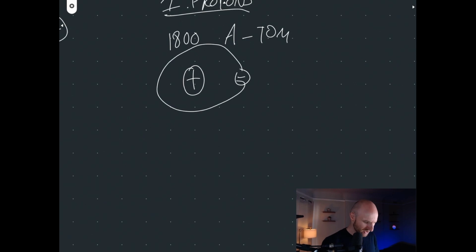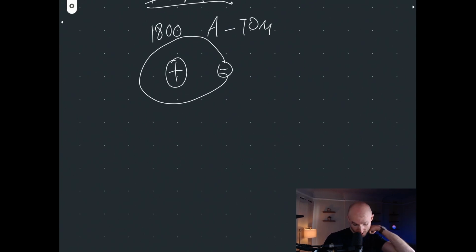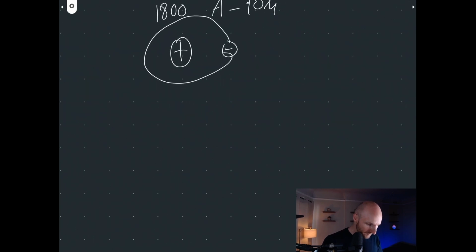But then over time, especially in the 1900s, and I think this may have been even after World War II, I don't remember the exact timeline, we said, oh, actually these protons, when you shove them into a particle collider, are also composed of smaller pieces. Those things are called quarks. The term quark is kind of dumb, and I don't know what they were smoking at the beginning of particle physics time, but probably a lot of stuff. We call these things quarks, and quarks are part of the standard model.